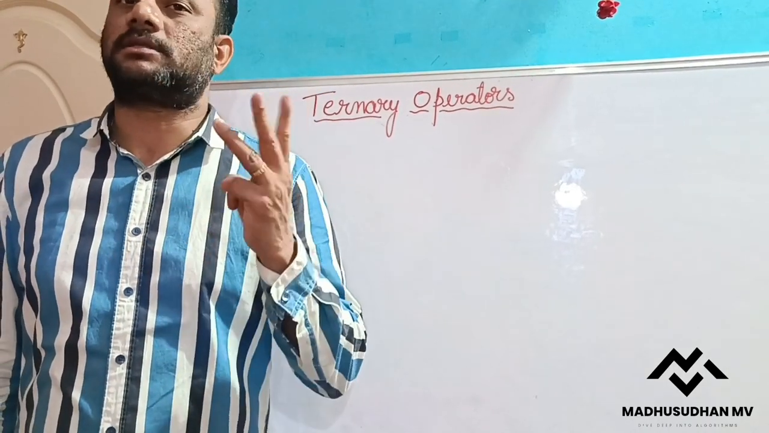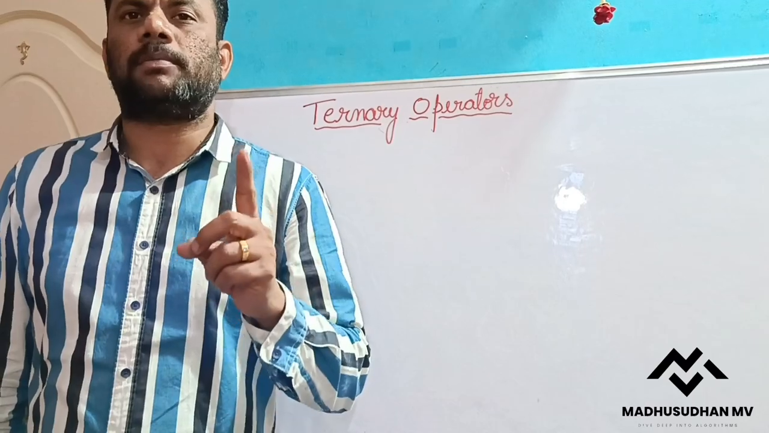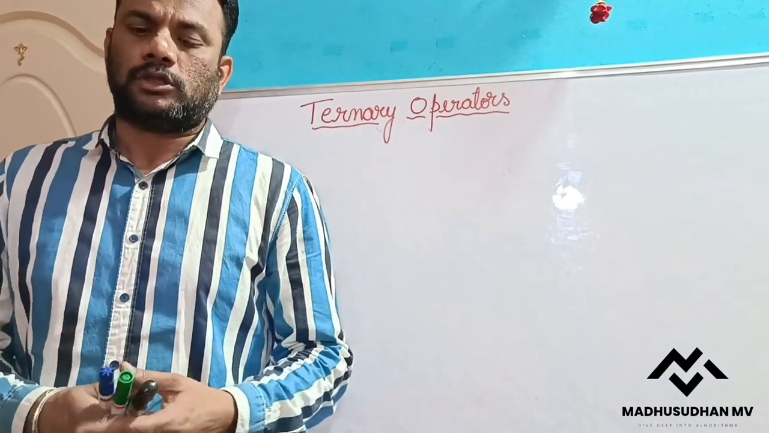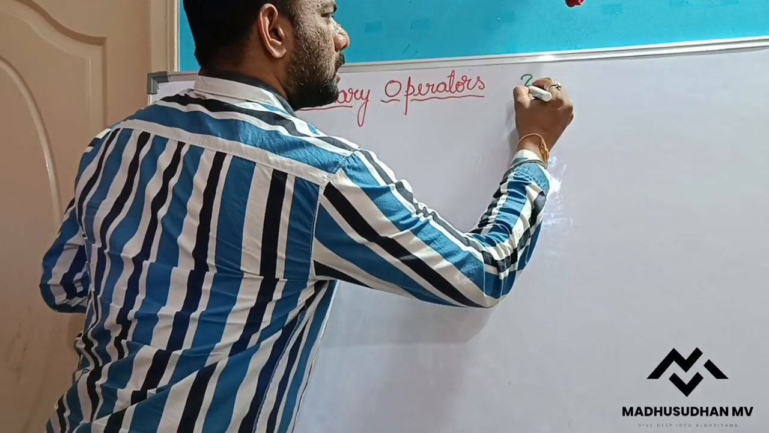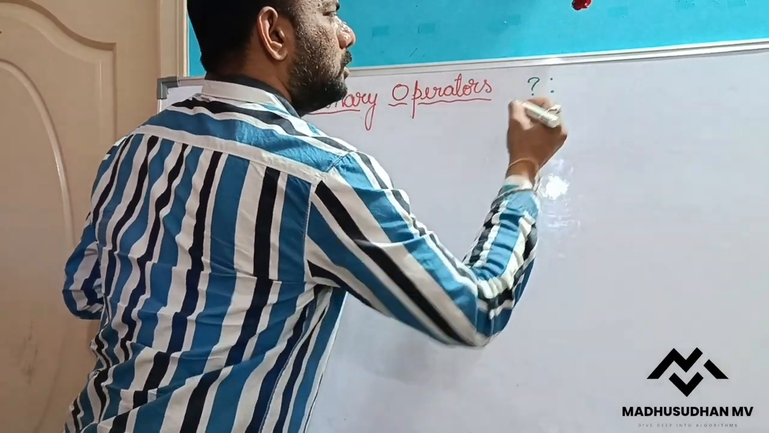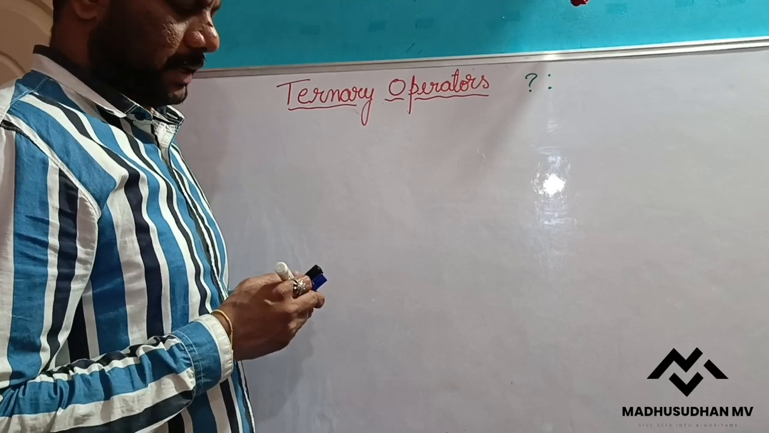As the name ternary means three, this is the only operator which operates on three operands. The operator used for this is the question mark and then the colon. This is the ternary operator. So the general syntax of this ternary operator is,